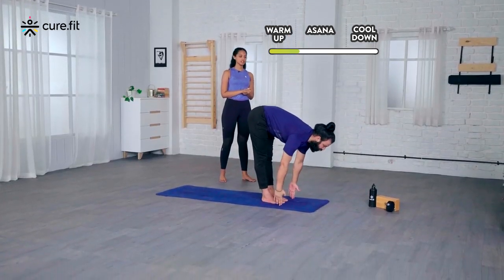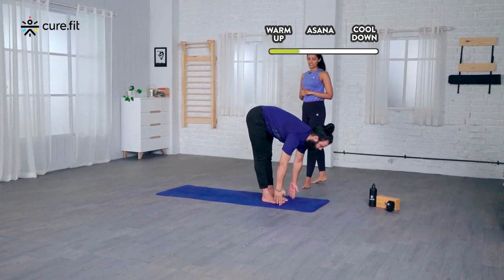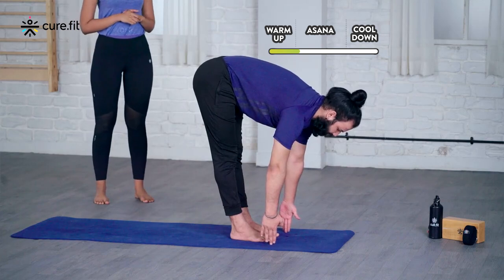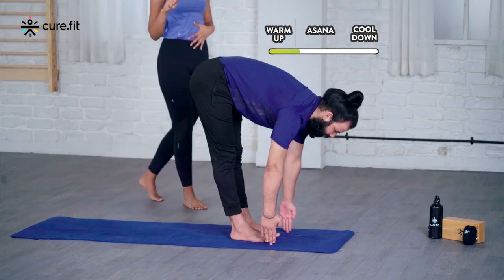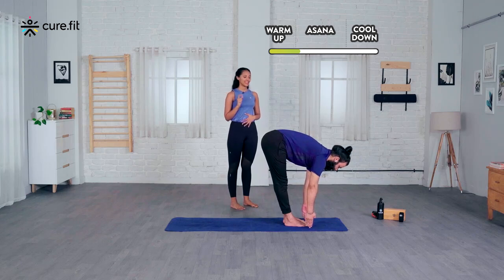Ardha Uttana, your head up as you look up and you hold. 1, 2, 3, 4, 5. You really want to engage your core and your arm muscles at this point. 7, 8,